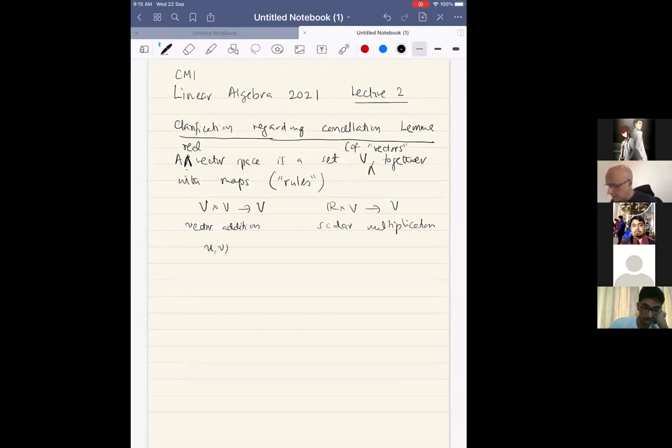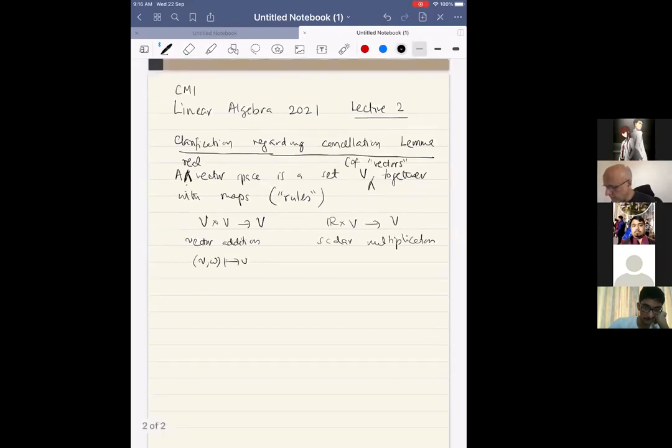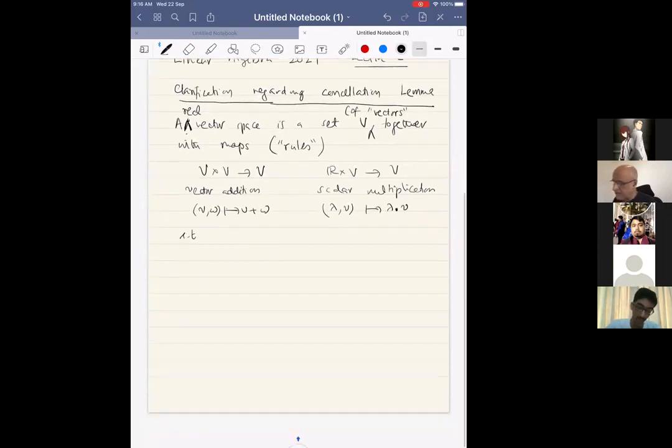And this rule will be denoted like this, let me stick to my earlier notation: V, W maps to V plus W, and lambda, V maps to lambda dot V. By the way, this symbol is pronounced maps to. Such that,